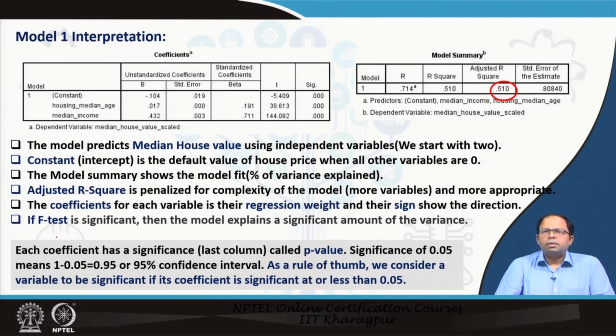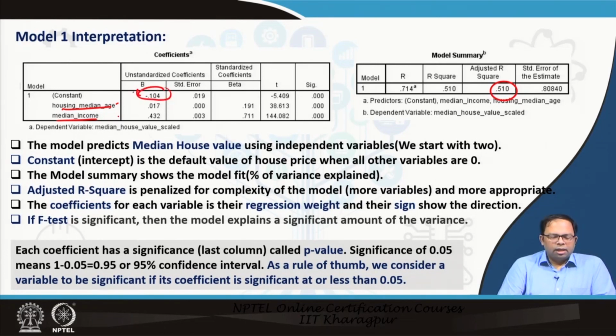So, we are predicting housing price based on the different constituent characteristics of it. We start with 2 independent variables: housing median age and median income of the people living there. We also have a constant value. It is a default value of house price when all variables are 0. So, if both x1 and x2 are made 0, then this constant value will become the actual